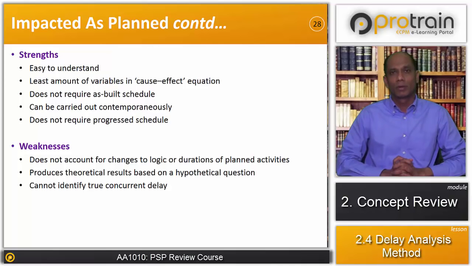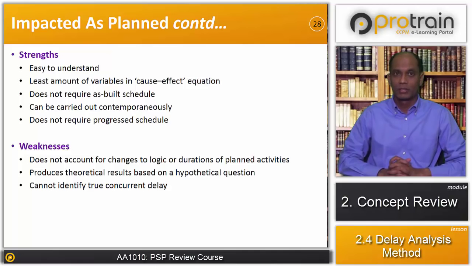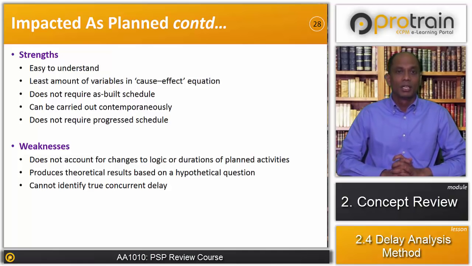It does not require the progress schedule, as it is impacting on the baseline schedule. It does not require the progress schedule. So let's see what weaknesses we have. It does not account for changes to logic or duration in planned activity. So what is happening here is that